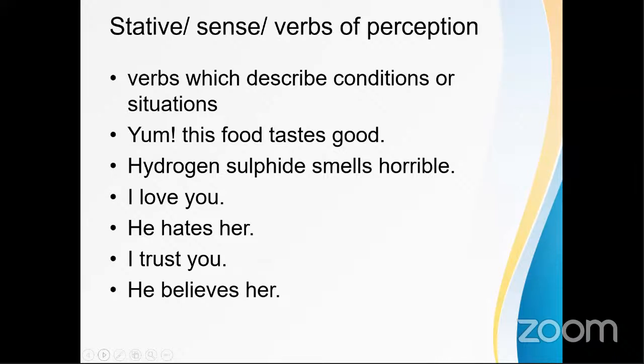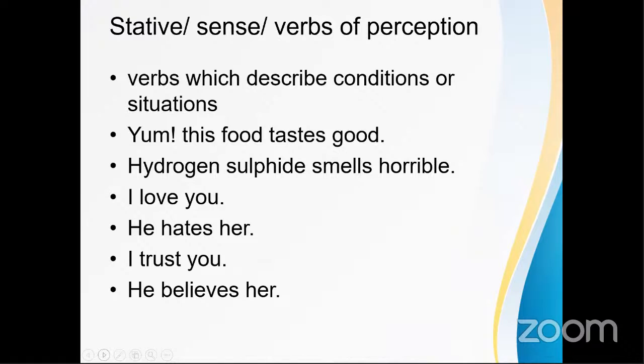Okay. Look at those sentences. Yum, this food tastes good. So you will not say this food is tasting good. You say that this food tastes good. A similar example is hydrogen sulfide smells horrible. So you say hydrogen sulfide smells horrible. What about I love you? So that is how